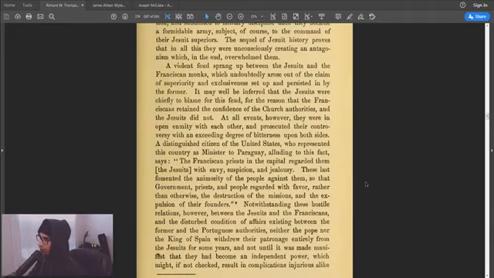Notwithstanding these hostile relations, however, between the Jesuits and the Franciscans, and the disturbed condition of affairs existing between the former and the Portuguese authorities, neither the Pope nor the King of Spain withdrew their patronage entirely from the Jesuits for some years,